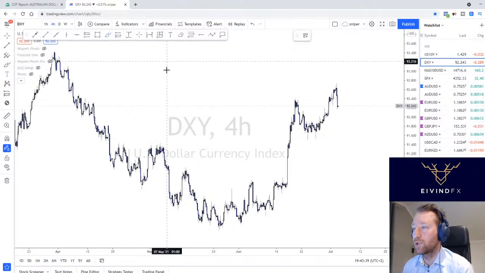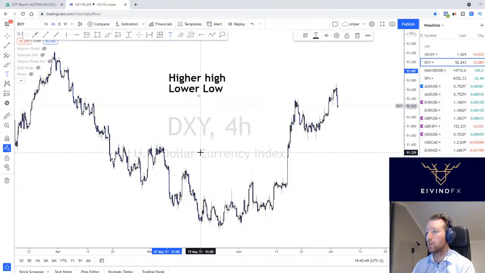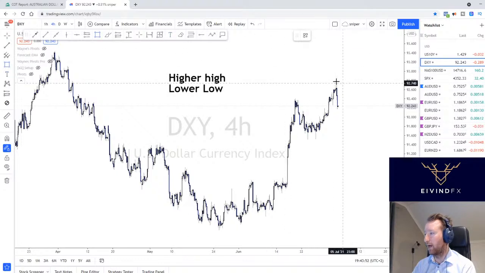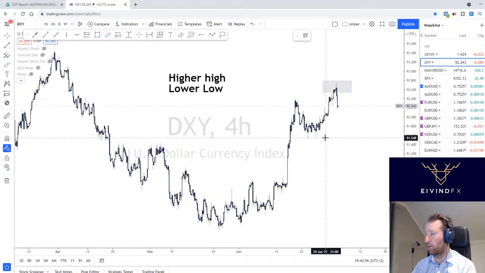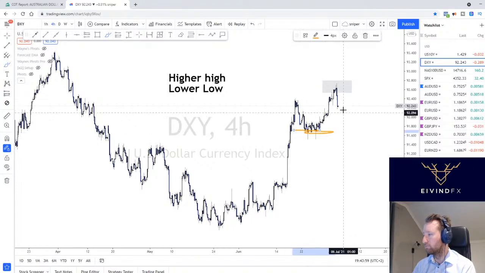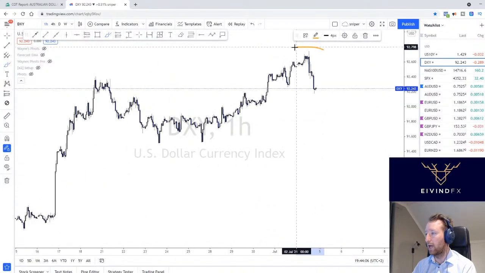So it comes down to the question: higher high or lower low. What do we currently have? Currently we have a higher high. Bingo. Do we have a lower low on the 4-hour? This is the previous low. No, we don't. On the 1-hour time frame, do we have a higher high? We have a higher high, but we also have a lower low on the 1-hour chart. So on the 1-hour chart, we are bearish.